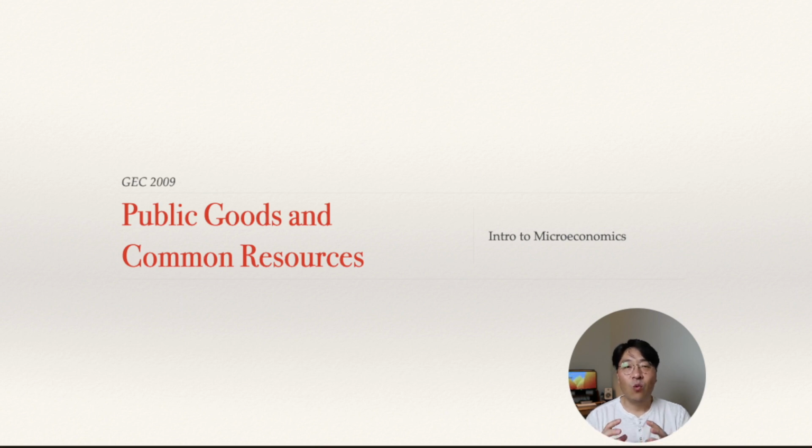We will define what kind of standard or characteristic defines these four categories, and what the main problems or market failures are that come out of the public goods and common resources cases. We're also looking at the club good cases very briefly, in the later part. So today we are going to look at the characteristics of goods and services to categorize four groups of goods and services. And then for each one of them, what is the problem and how can we deal with it in the sense of the market system.